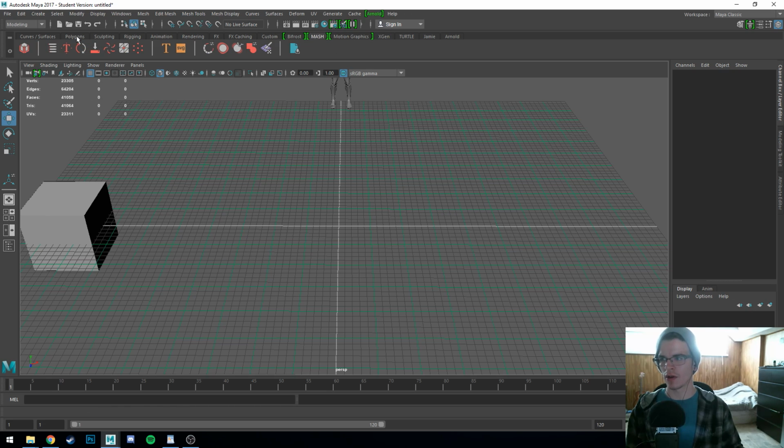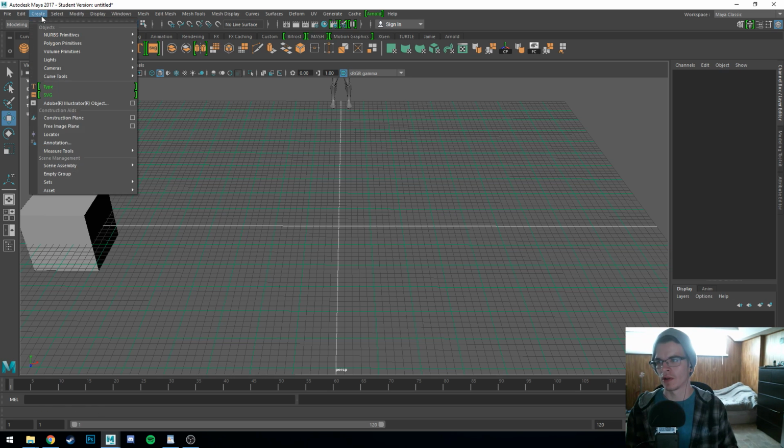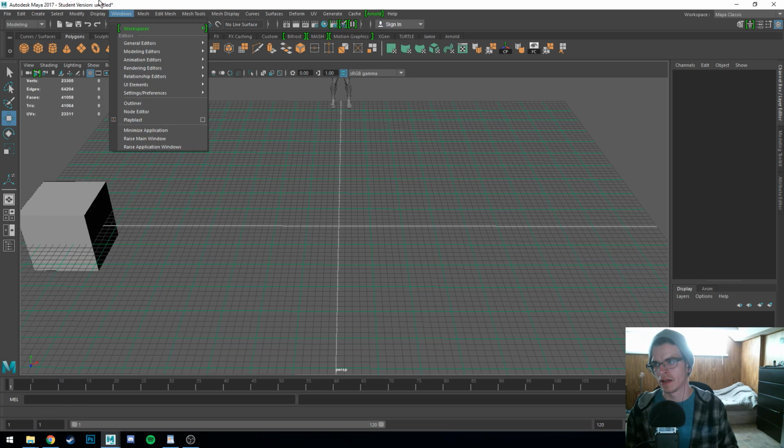So you want to go under polygons. So this is specifically for 2017. If you're using older versions or later versions, I'm not sure what it's going to look like, but that's why I'm showing you multiple ways to do something, because this will always be here. Create polygon primitive, and then you choose your primitive here, but it's not always the best to select from there,